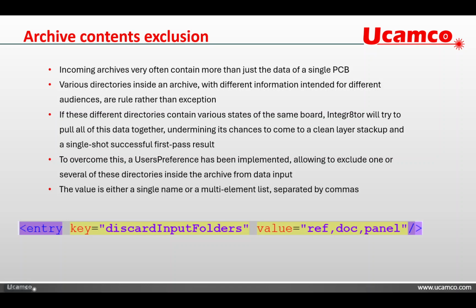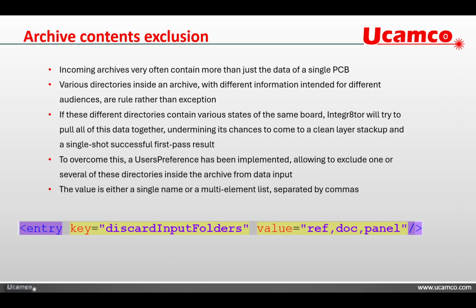And there you don't want everything to get mixed together because your end product is not really reflecting what the PCB is. And then yet in another case, there might be a directory where people have put in all sorts of documents or readmes and that sort of information. So really anything goes in terms of incoming zips and archives. And although I think we do a pretty good job in picking up the right one and combining the right ones,